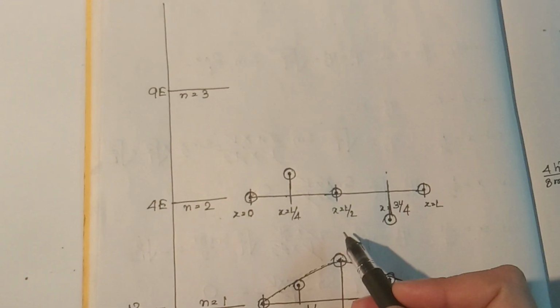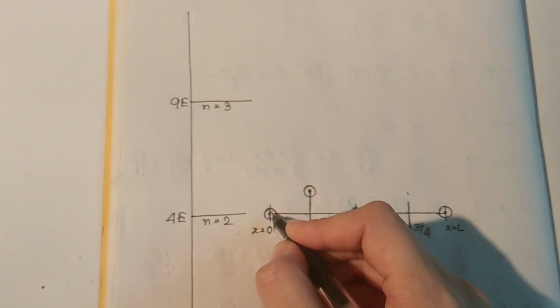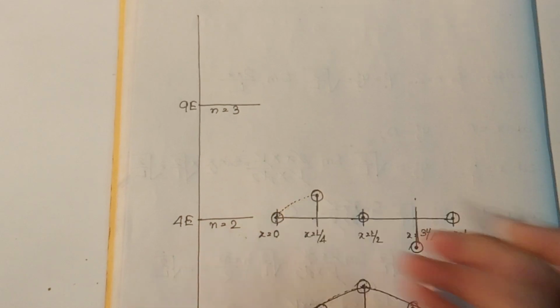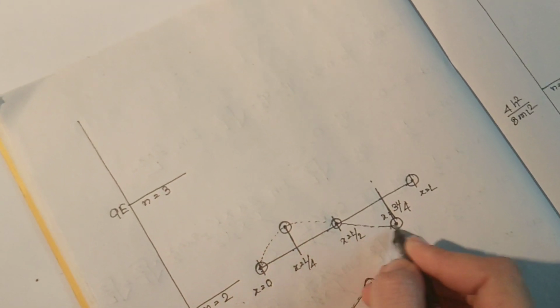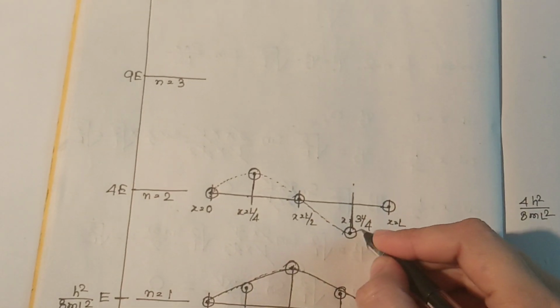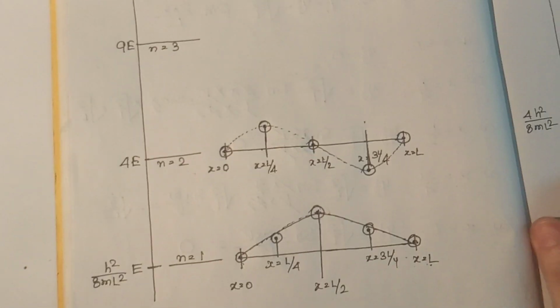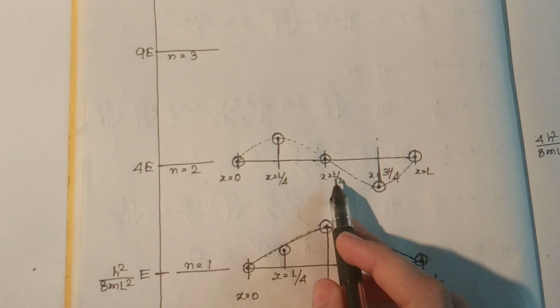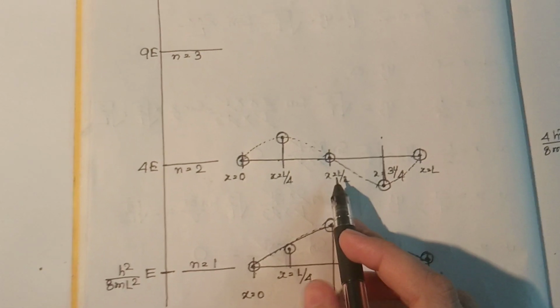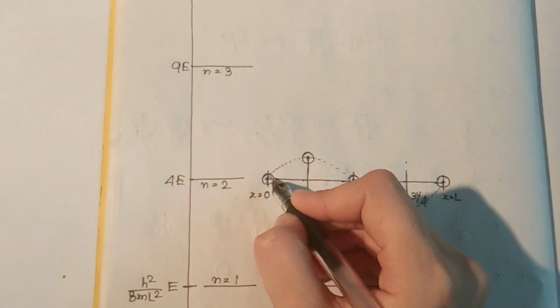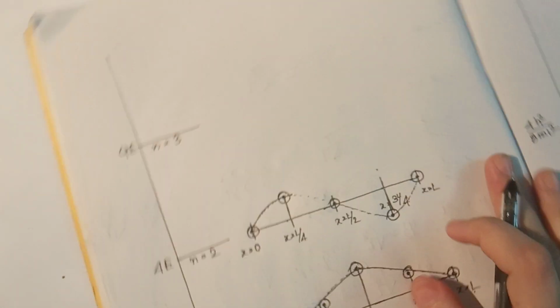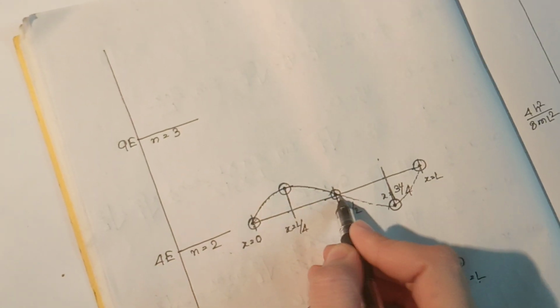So again, it is a repetition, just like x equal to 0 and x is equal to L by 2 position. And now we will draw a line that will meet all the points, and it will show us the nature of the wave function for a particle in a one dimensional box when the energy level is n is equal to 2. So this is the way we can plot the wave function at n is equal to 2.